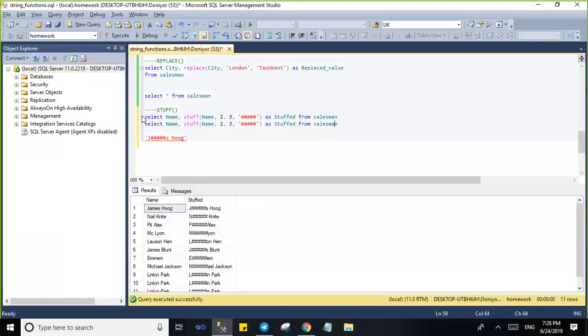Let's say we want to start from number 2, or to be obvious, start from number 1. Remove 1 character and replace that 1 character with $2 signs. So now what it should do is, for this James Hoog,